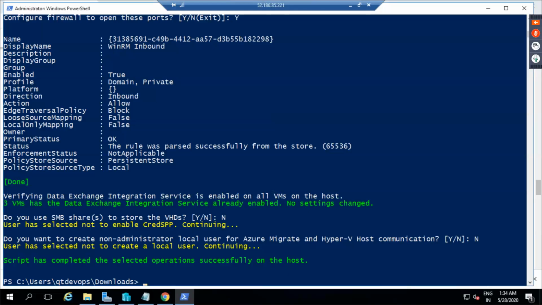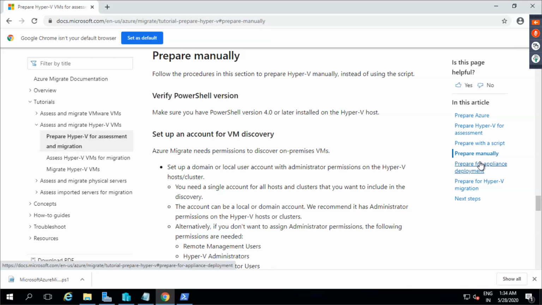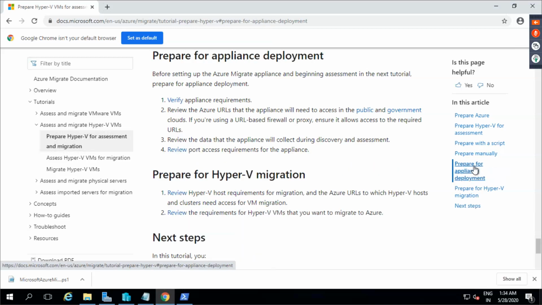And then the next thing which I have to look at is, okay, so everything is in place. I have done everything. This is a manual preparation. I'll never do that. Okay. So this is preparation for appliance deployment. Appliance deployment is something which you'll worry about at a later point of time. Okay. And then, all right.